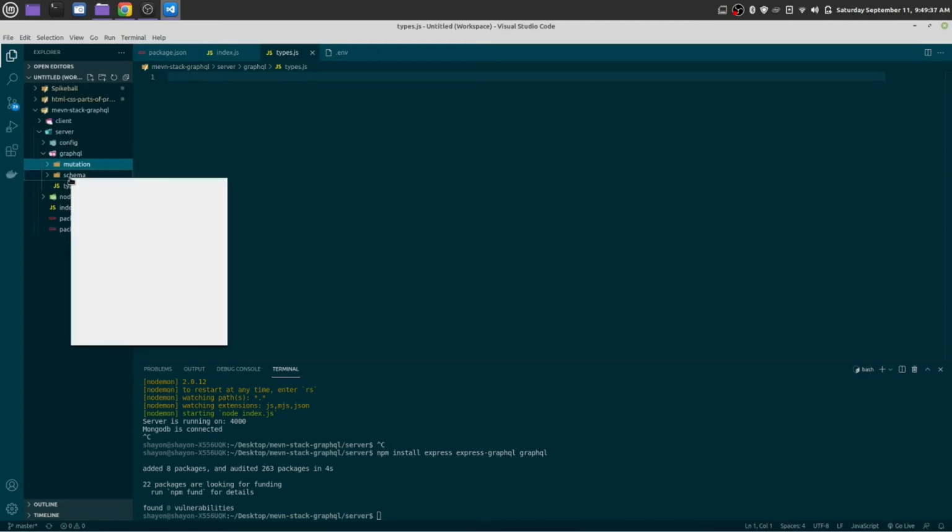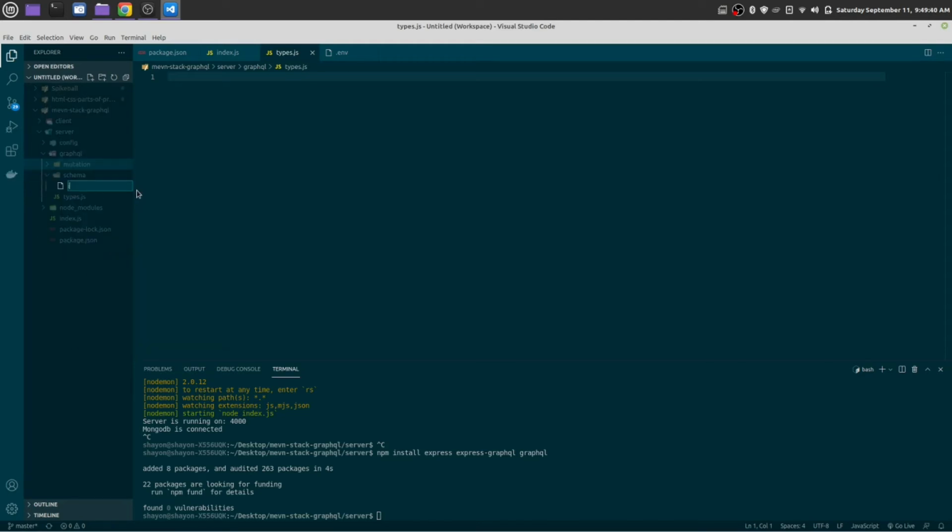And inside schema we'll have an index file. This is how I'm going to structure it. Actually this depends on you. I'm going to structure this folder this way because once the data grows, once your website becomes larger, this structure will help you a lot to find and read the code.